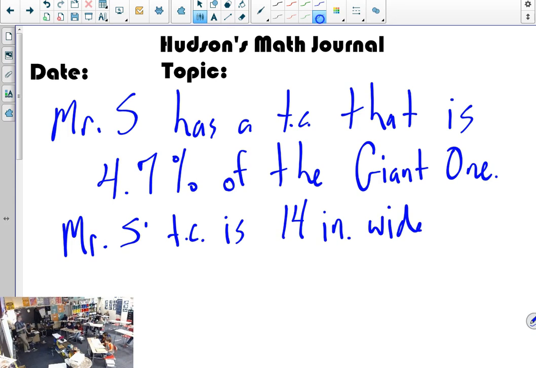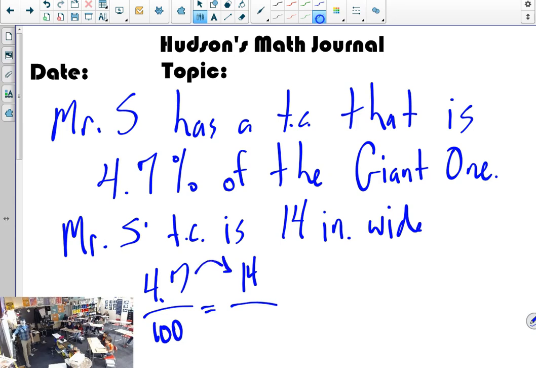Which one's bigger? Which one's the whole? Mr. Stockdale's Tesla coil or the one in the museum? The one in the museum, right? So we're going to compare. If Mr. Stockdale's is 4.7%, we could set up 4.7 over 100. How do I go from here? That's awkward, right? The other way that will always work